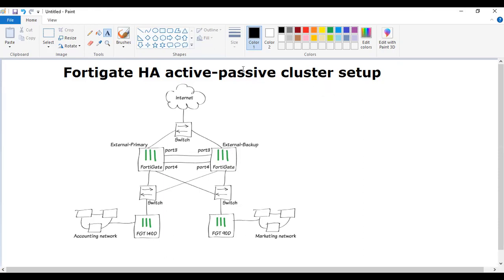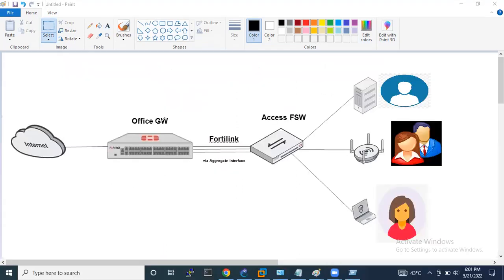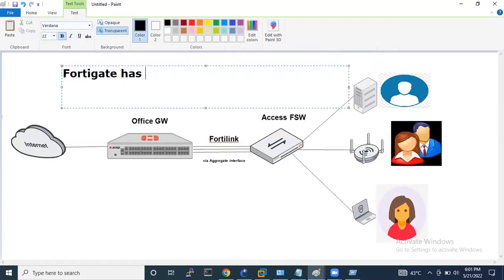I will also show you what will happen in our network, or in our office, if I don't have an HA configuration. First, one more thing: FortiGate has three modes of HA.